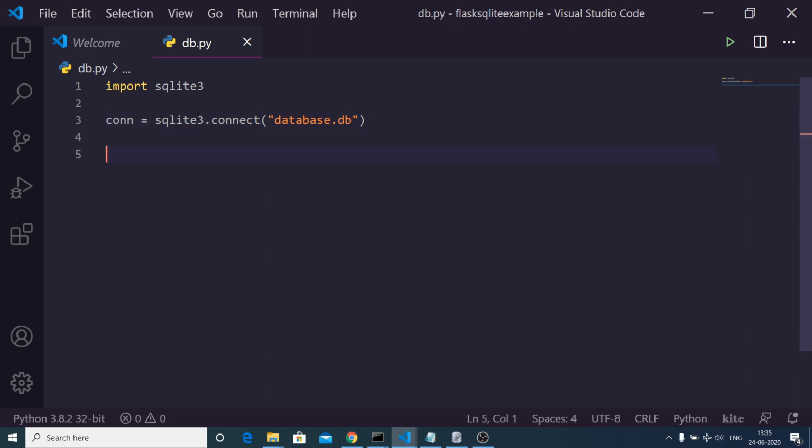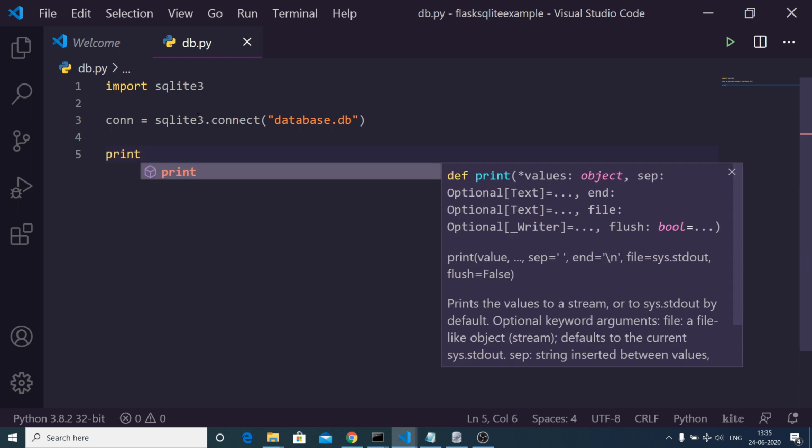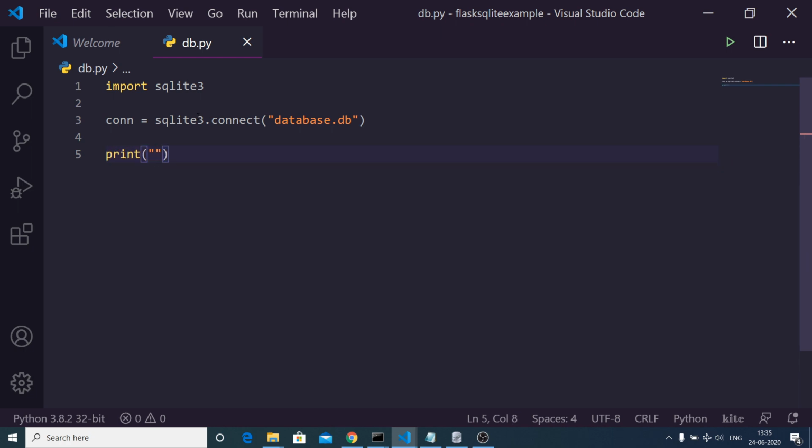the extension of the database. After connecting to the database, we need to print a simple message on the screen, which is that we have opened the database successfully, like this. And now we need to create a table. So we will execute a simple query with the help of the execute method. Here we will write CREATE TABLE. This is SQL syntax. We are following create table, and then the table name, which is students.